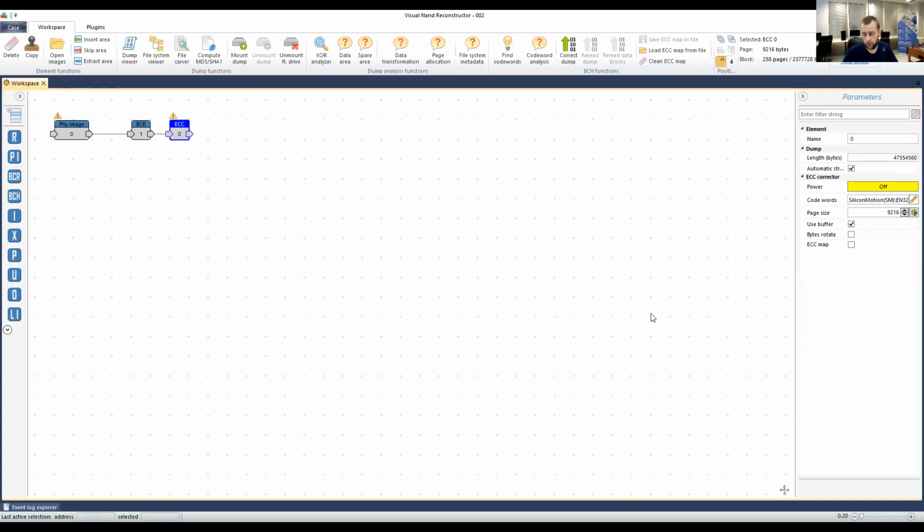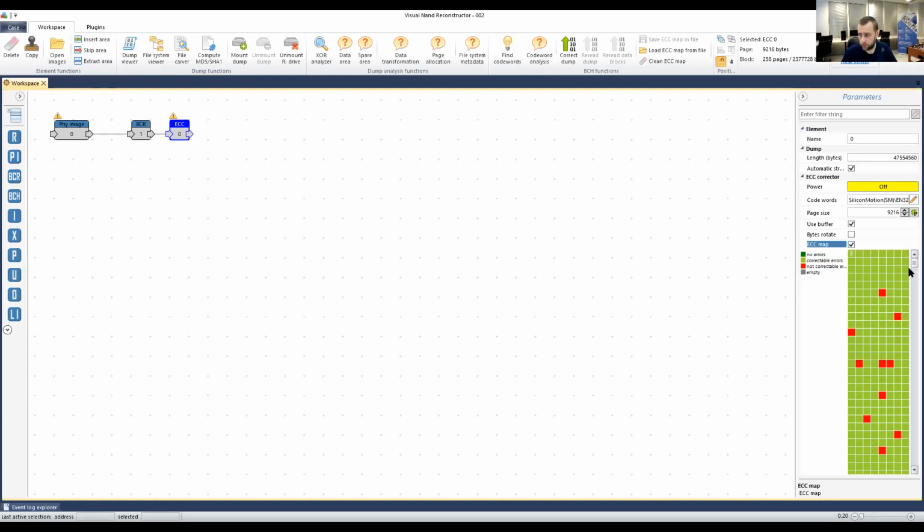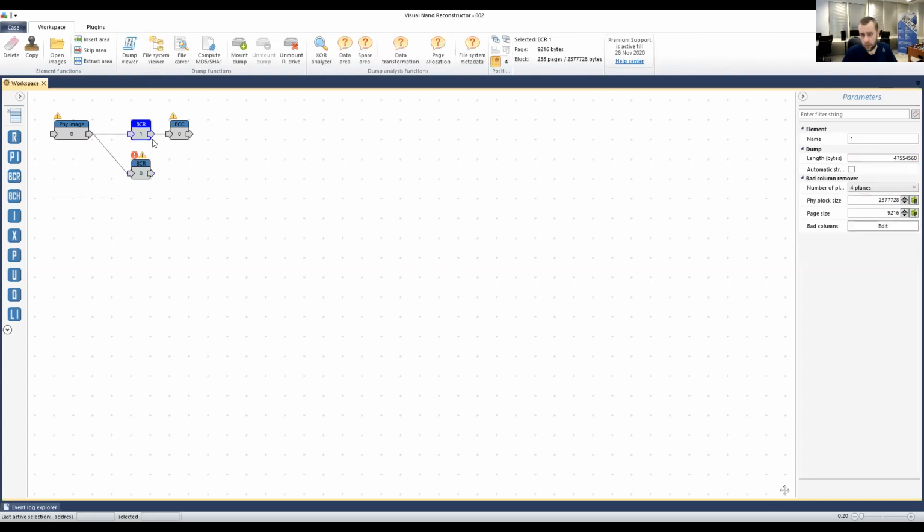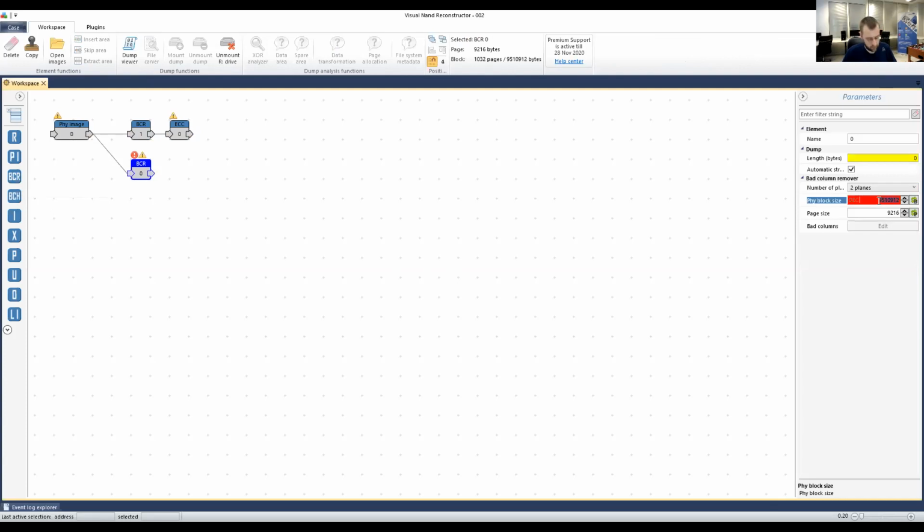Again, just for demonstration purposes, we got here BCR as well as ECC. As you see here, nothing was done to the initial dump. So we got some bit errors here, which in most cases will be successfully corrected with multiple rereads with retry. So let me connect another BCR element just to show you everything from scratch. I need to adjust this one to the physical block